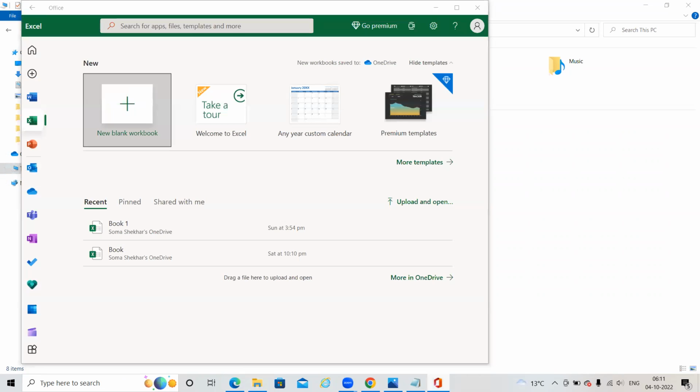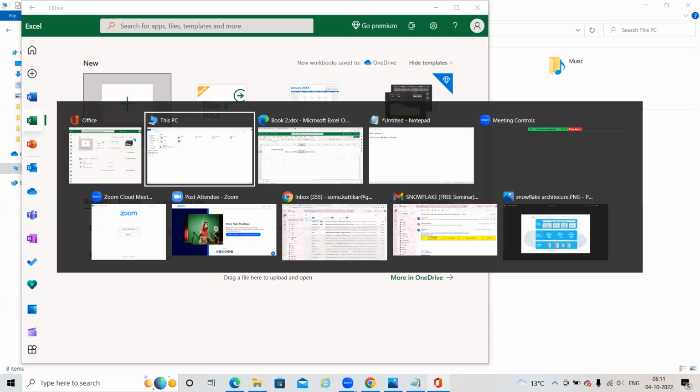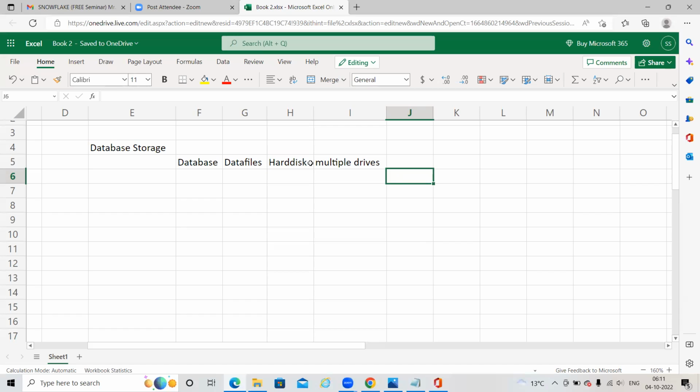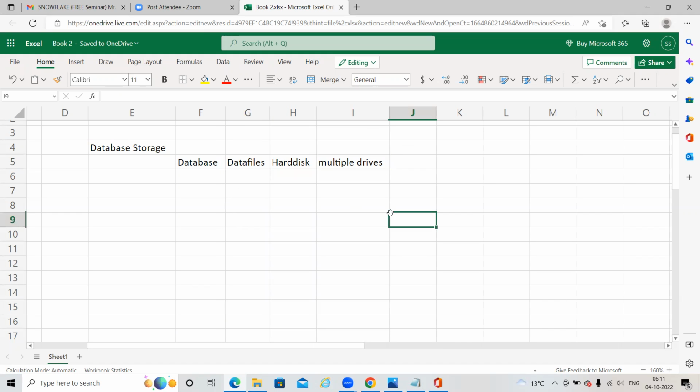The database files will be configured on your hard disk, so they will divide your data into multiple data files. These data files will be stored on multiple drives. This is clear. While working with a traditional database, many things are involved.